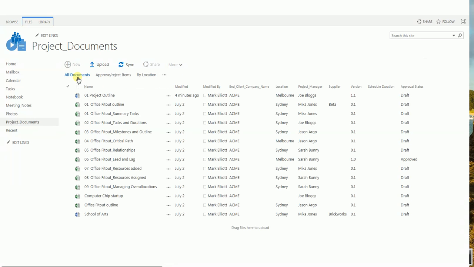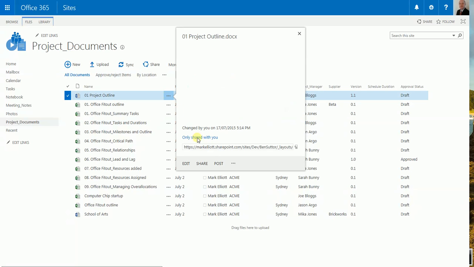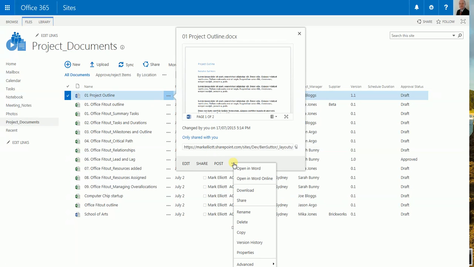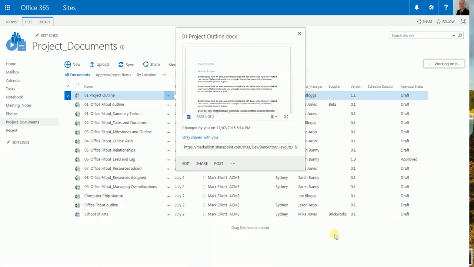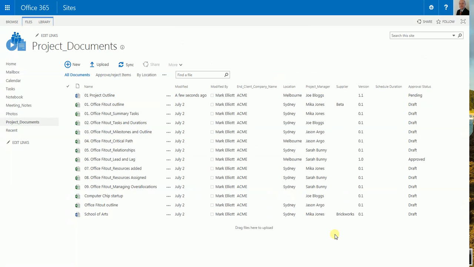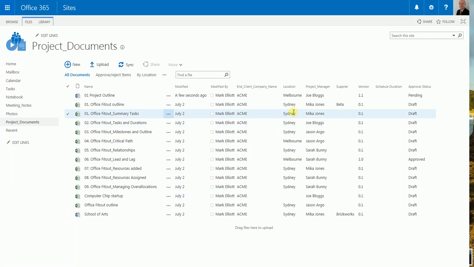The last thing I wanted to show you was the approval workflow. So as you can notice, most of these documents are in draft mode. Let's say I'm happy with how my work's been going, and I decide to publish as a major version. And when it's in draft mode, I'm the only person who can see the document, and my manager. But once I put it into pending mode,